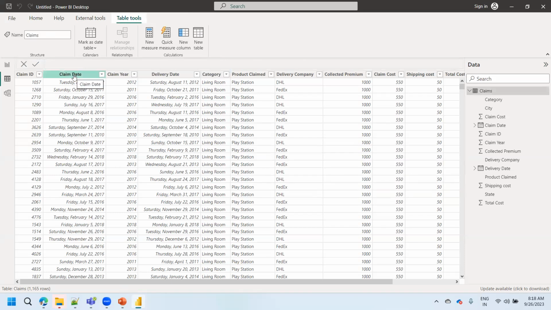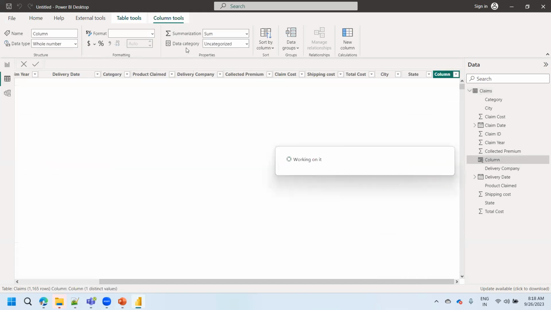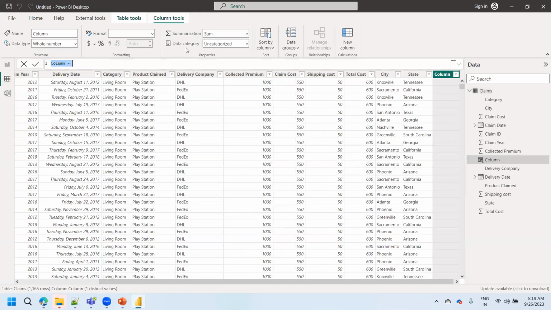So here the ask is to find the number of days between these two. Delivery date is August 11, claim date here is August 7. We have to find the difference between these two. That means 4 days. To generate it as a new column, we have to use new column, or calculated column. Select it, giving the name as